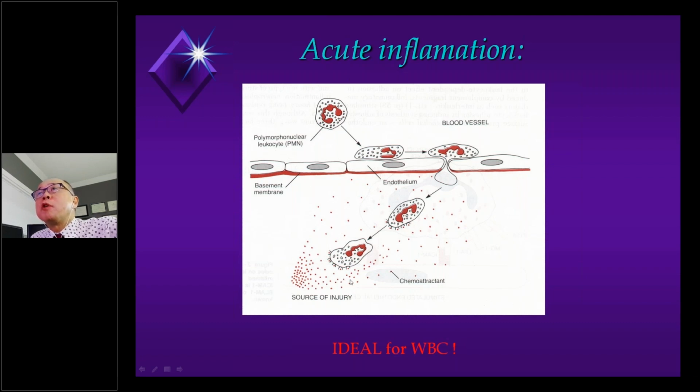Of course, there are multiple chemoattractants, basically activated mediators. And as we all know, in modern inflammatory imaging, in the pursuit of research, multiple of these mediators have been labeled and tried for diagnostic purposes. But for today, just to point out that this environment is neutrophil rich and therefore ideal for white cell imaging,